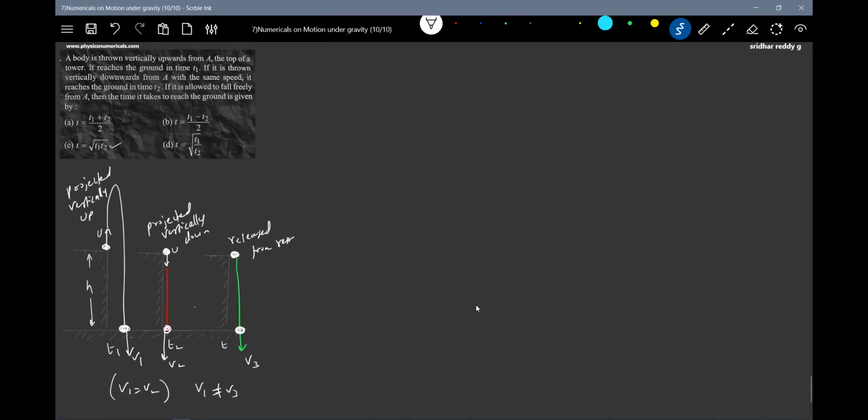Okay, let me write all the equations. Minus h, looking at this. What is the displacement? This is t equals 0. I'll measure the time. After some time t, it will be here. Then what is the displacement? You see that it is opposite to the initial velocity. So minus h equals u t1. Why negative sign? The g will be directed opposite to initial velocity.